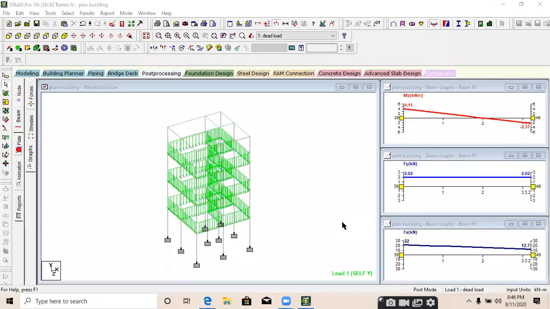Eccentric footing design. Yeah, we can do eccentric footing design also in StatPro, stat.foundation. How do we know the limit of support reaction from foundation? What about the limit you are asking? Water tank in each floor is considered in live load? No, we are not considering water tank now.